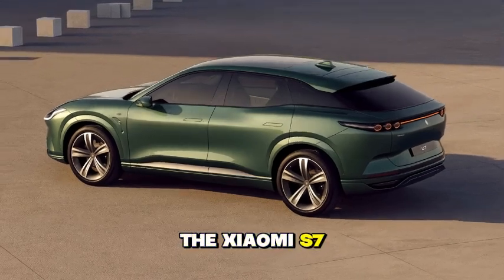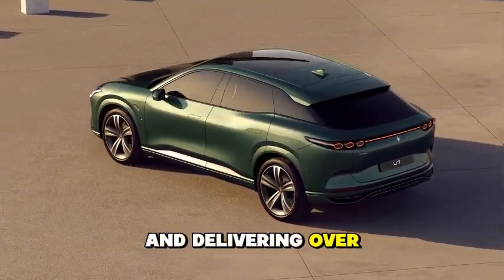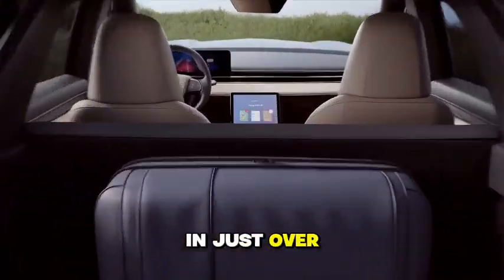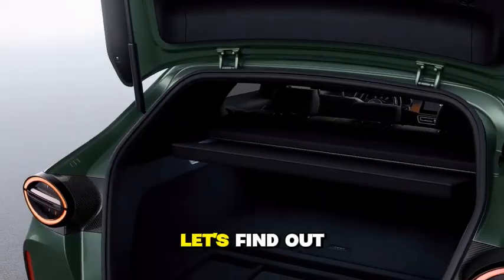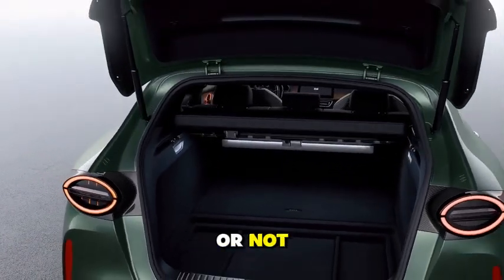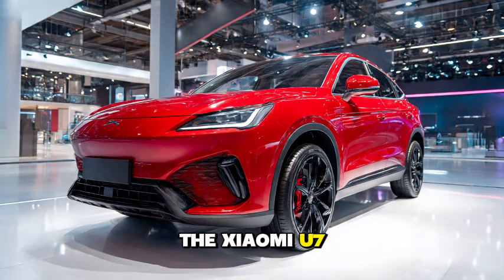The Xiaomi SU7 has been a smash hit in China, flying up the sales charts and delivering over 250,000 units in just over a year. So, does that make this car their difficult second album? Let's find out today whether it's a smash hit or not. This is Inside China Auto, and this is the Xiaomi YU7. [music]